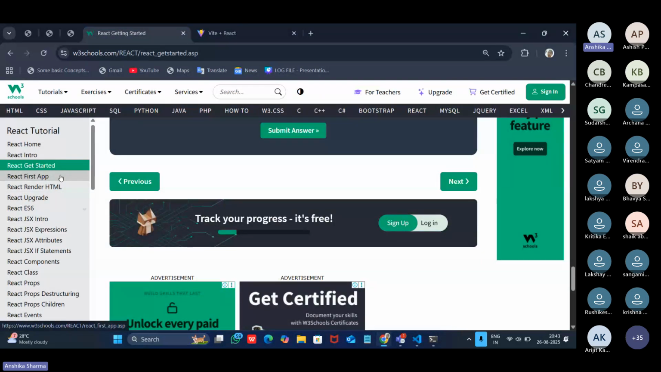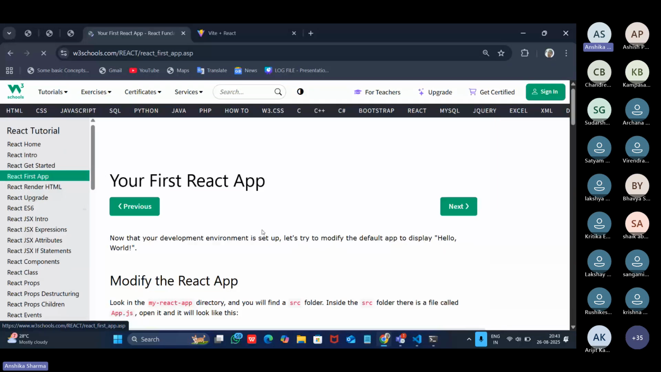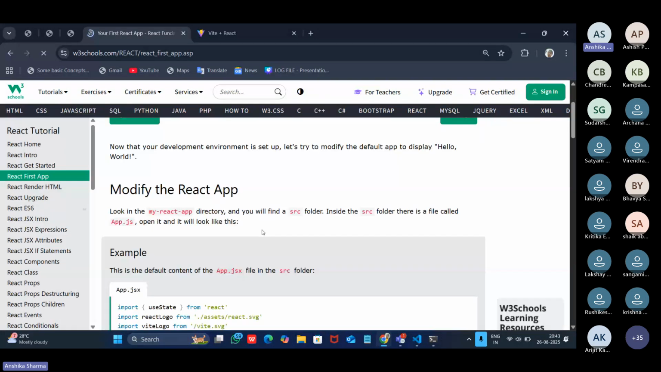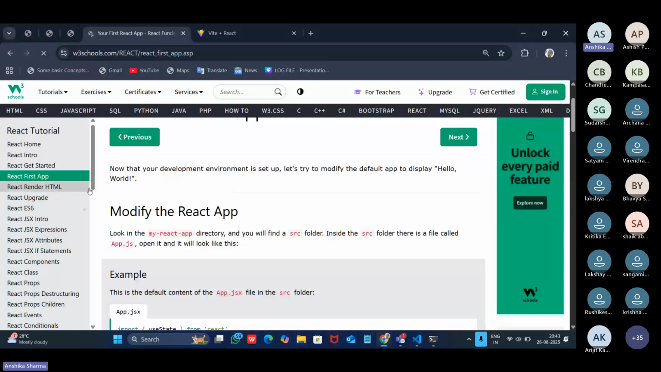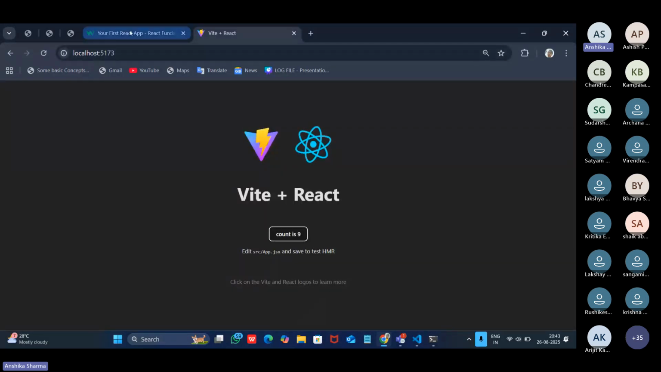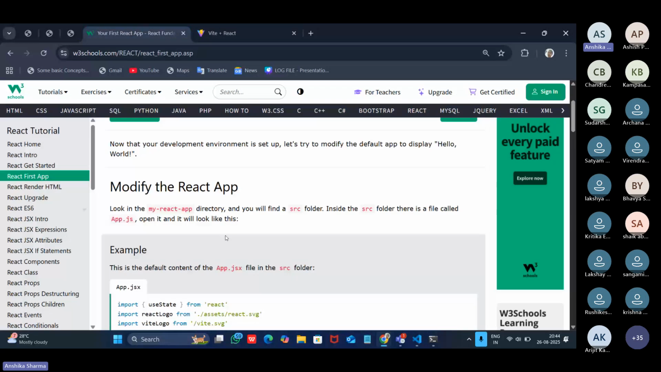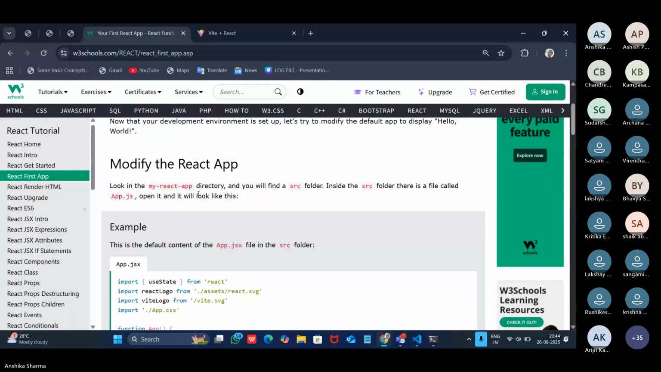So now that your development environment is set up, let's try to modify the default app to display hello world. Since we have already got the default page over here, we will now make some changes. So inside the my React app directory,